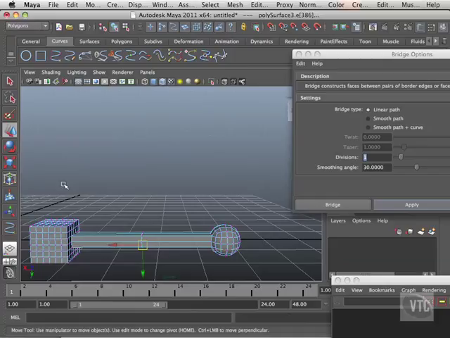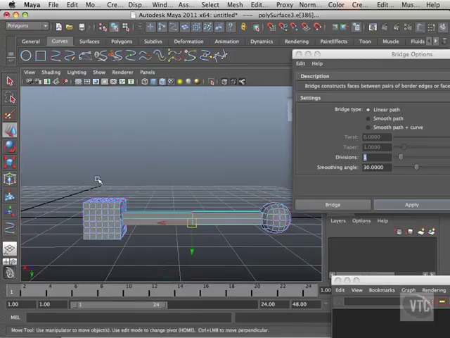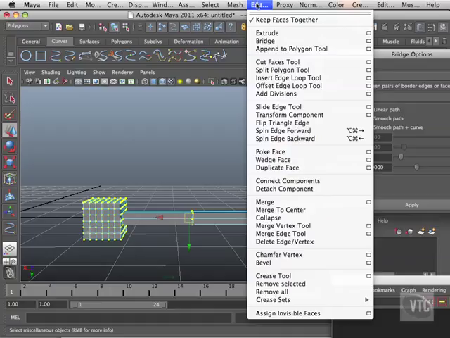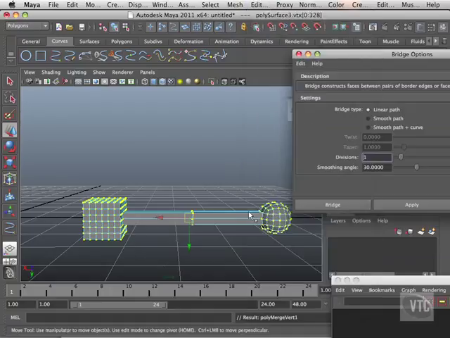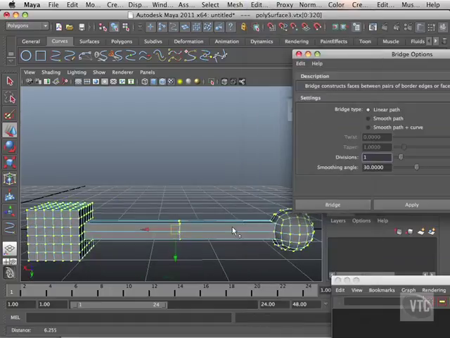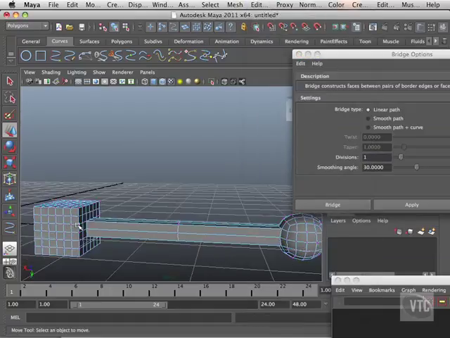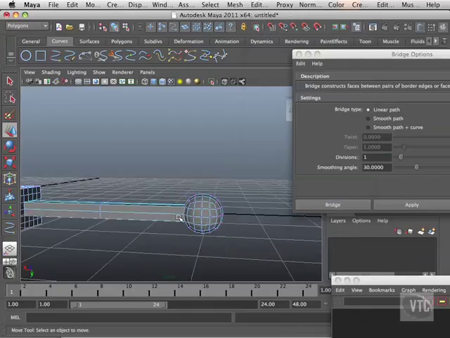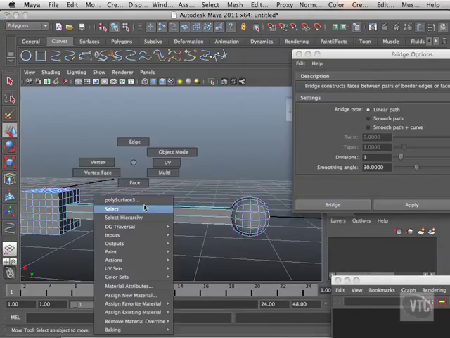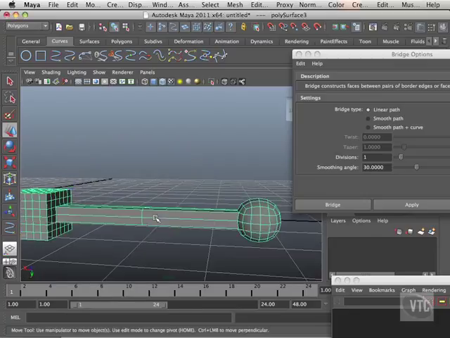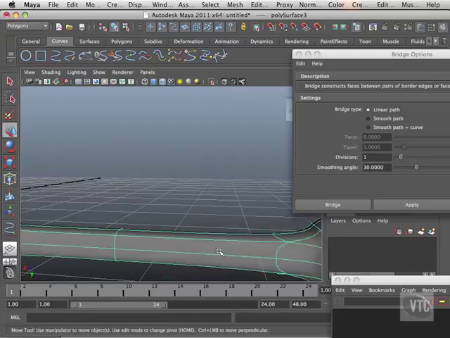After I do that, I have to highlight all the vertices and do Edit Mesh, Merge. And usually you can just highlight the vertices in that general area, but if the vertices are spread apart enough, you can highlight all vertices. Now here's the problem. If you hit 3 on the keyboard,